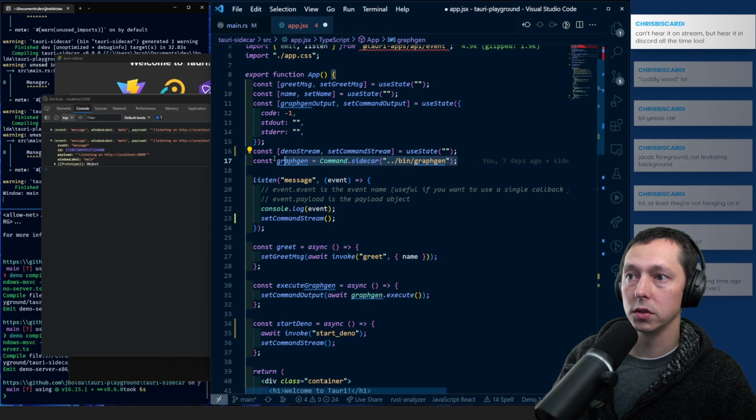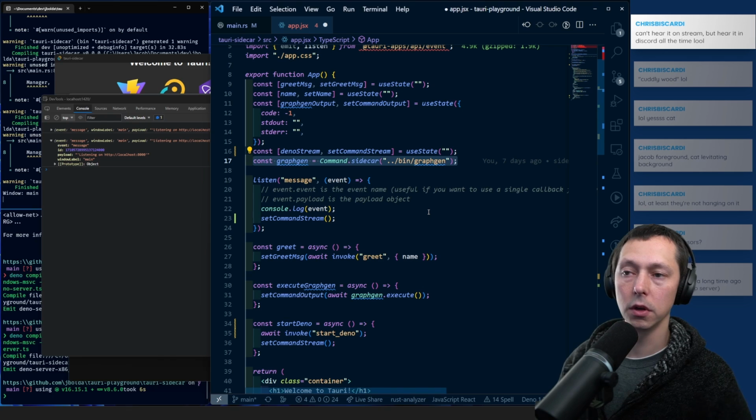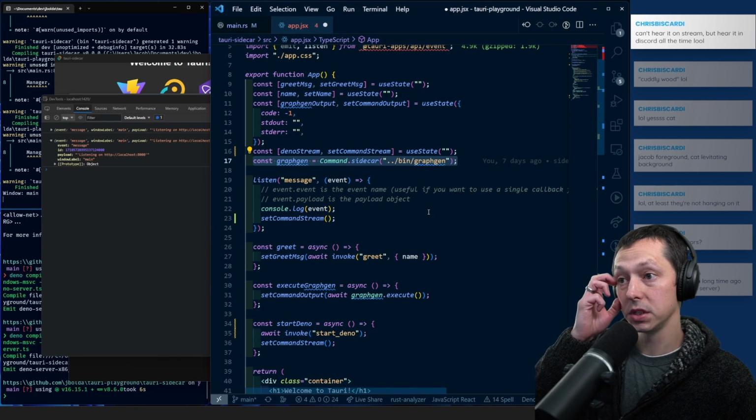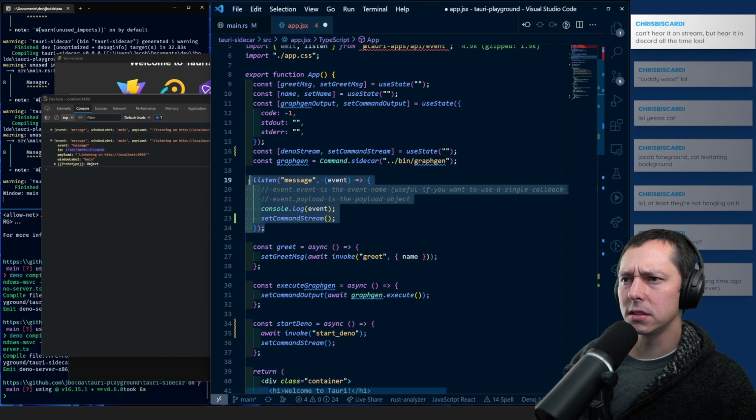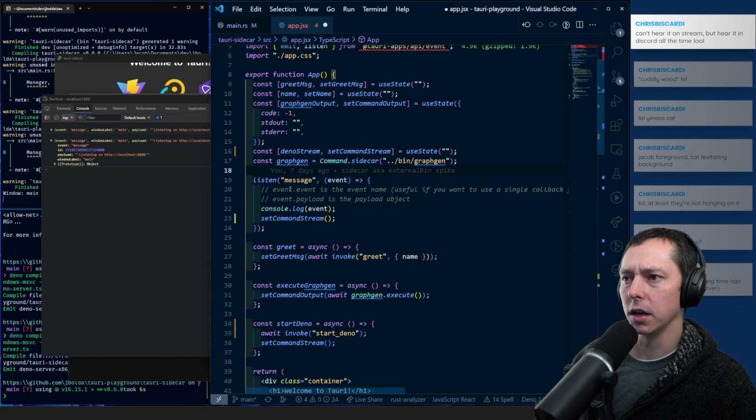So here, this is invoking the sidecar from the JavaScript side of things. This does feel a little bit weird. It feels odd for it to be synchronous. I guess it's just an event listener. It just feels odd. I feel like I should put it somewhere else, but so what we're gonna do is